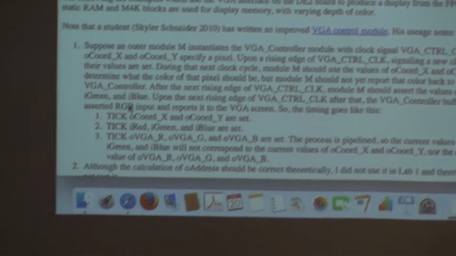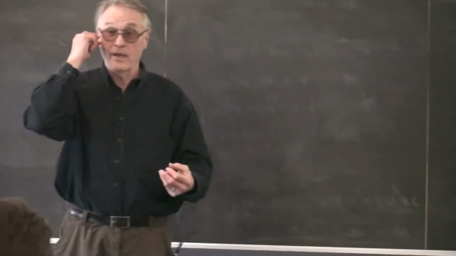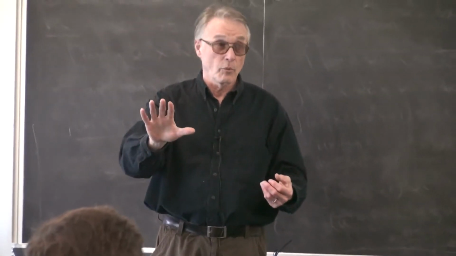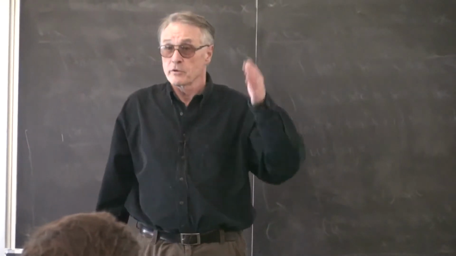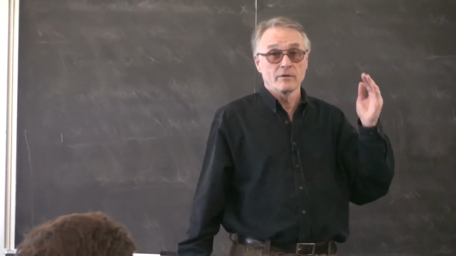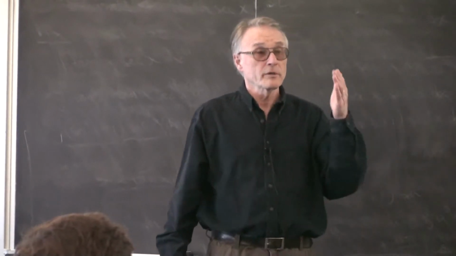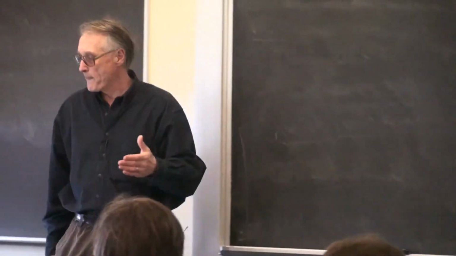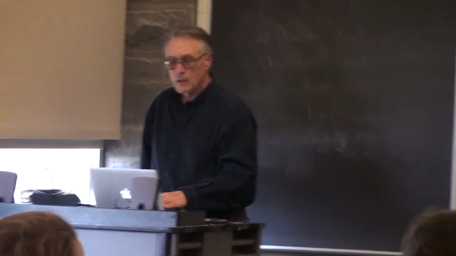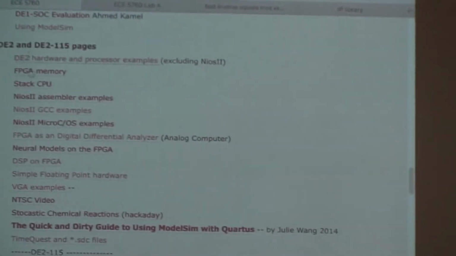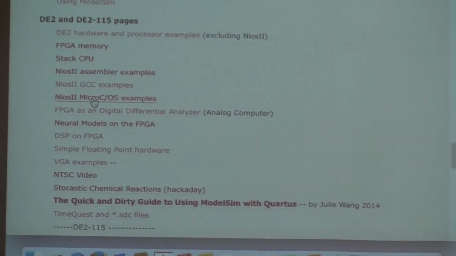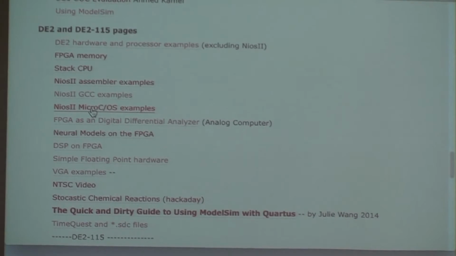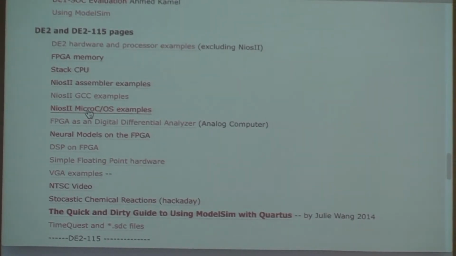Once you've manually hooked up that display memory, you can dual port it, use a read port to do nothing but read to the VGA screen, and use a write port to do nothing but write results in. But get it running first with the Qsys VGA abstraction, because you've got plenty to do on this lab in